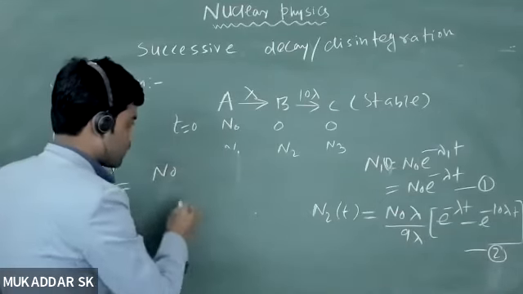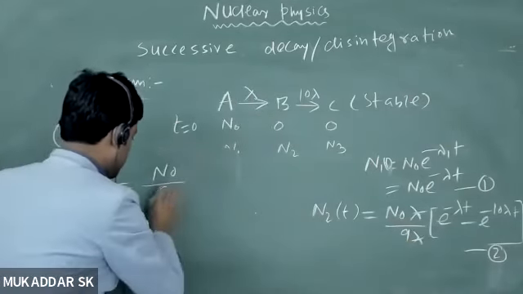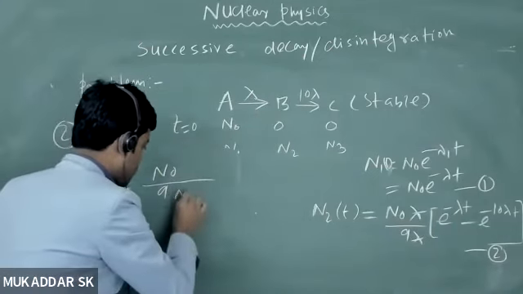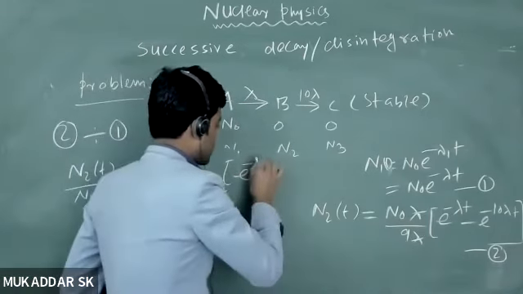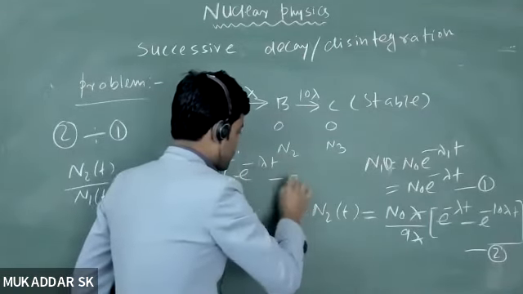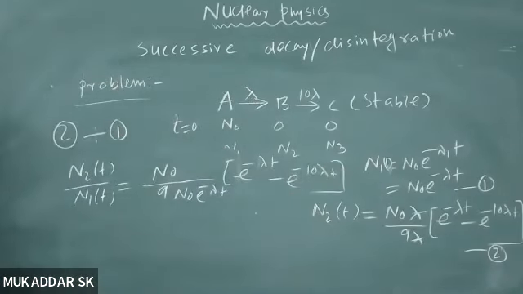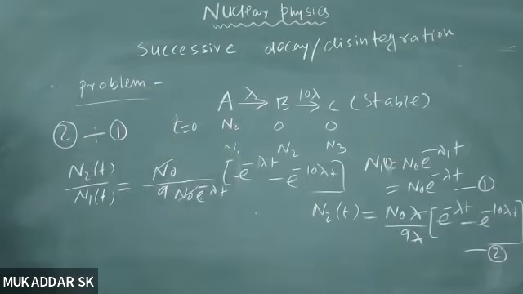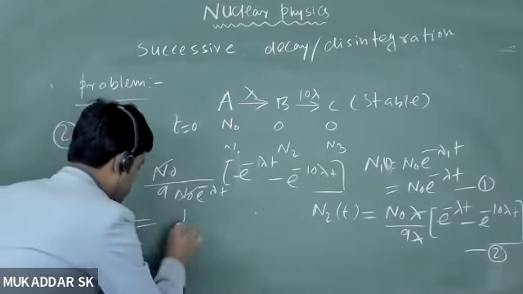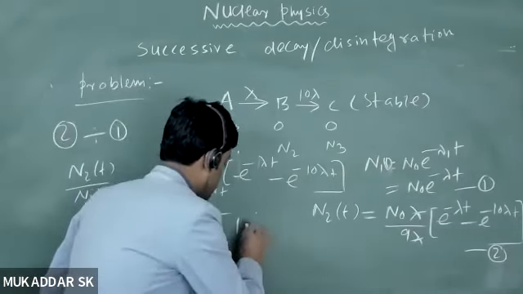N naught by 9, right? This lambda will be cancelled. N naught by 9 divided by n naught minus lambda t, and then you'll have exponential minus lambda t minus exponential minus 10 lambda t. This n naught will be cancelled, and I can bring that exponential minus lambda t in the numerator. If you do that, you will get 1 by 9 into this will be minus, sorry, this will be on